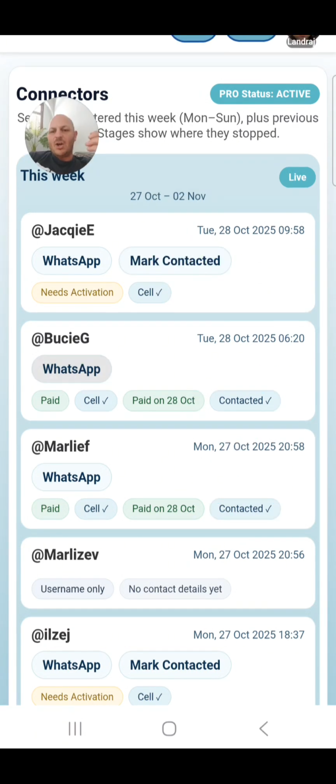Okay, make contact, connect with your people, connect with your network, because this is the first step. As soon as you start helping them to get connectors, then they're going to see, hey, listen, this is pretty cool. And then they're going to go over to Pro as well. And that is ultimately what you want, is you want to build a network of pros, because that is how you build your residual, that passive monthly income.